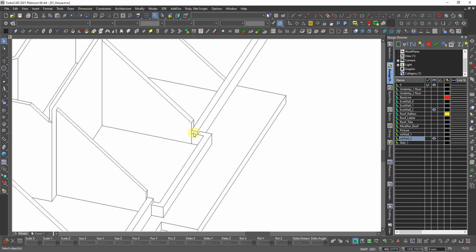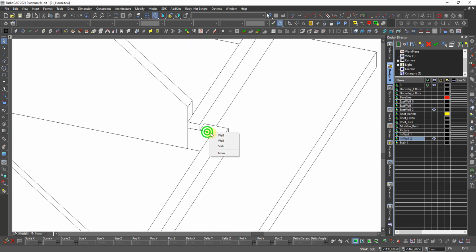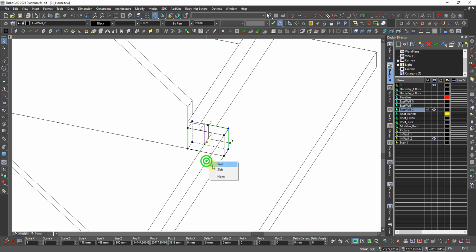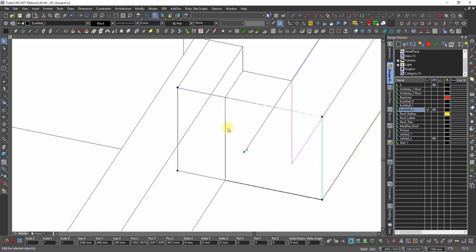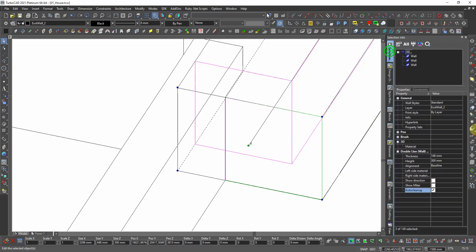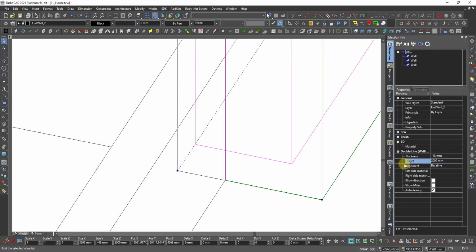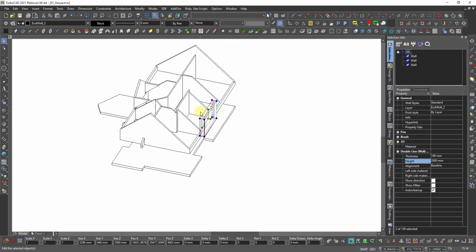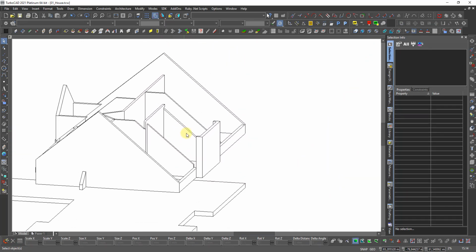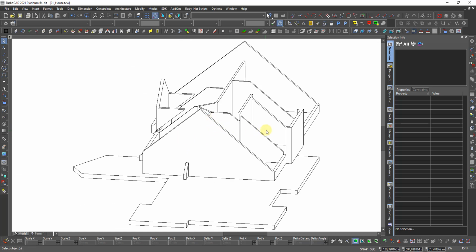This should be 220. So I say this one and shift and this one, and that one should be 2200. No, that was 180, 2000. I remember this 180 from yesterday. And then